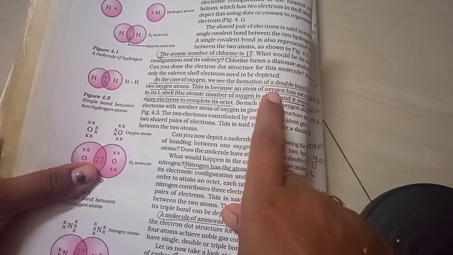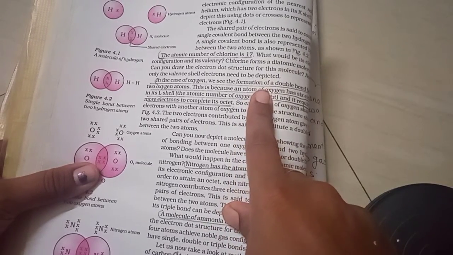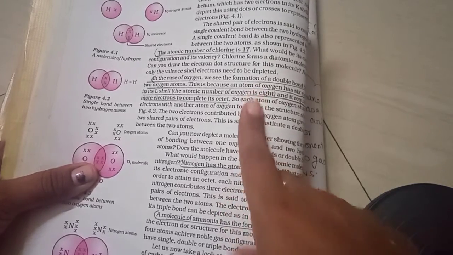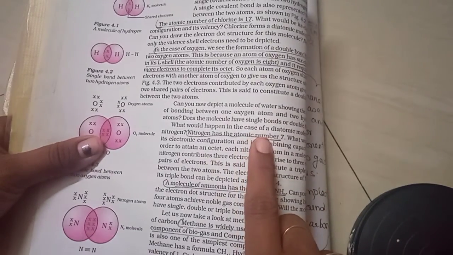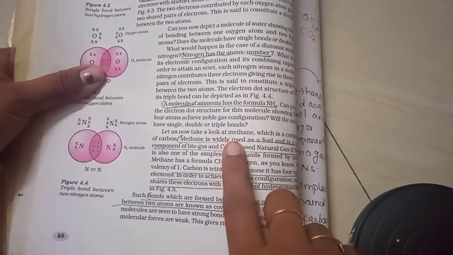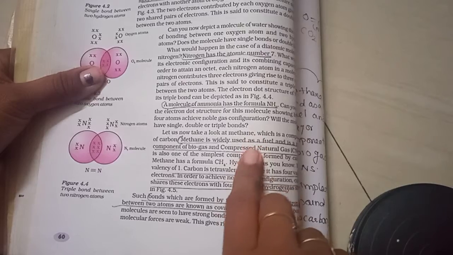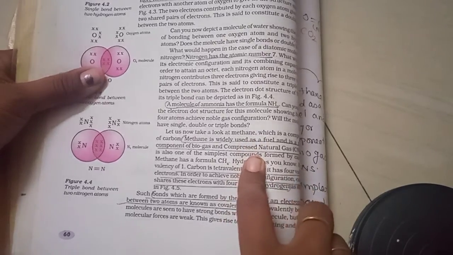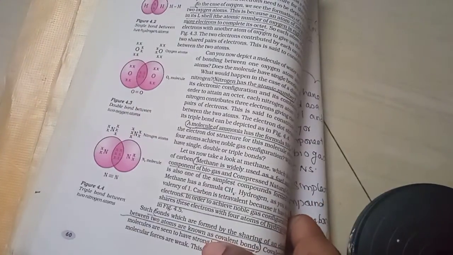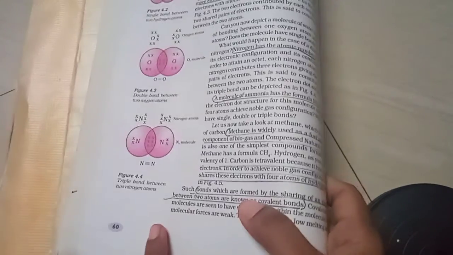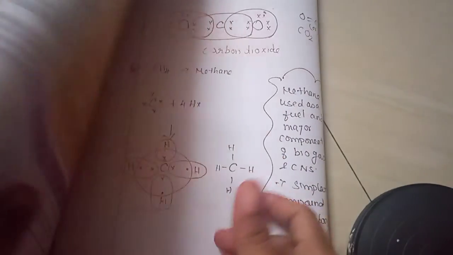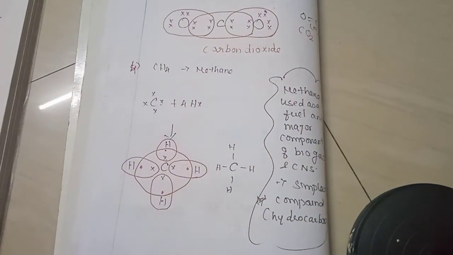Oxygen has atomic number 8, with K shell and L shell, everything I have given in my notes. And nitrogen's atomic number is 7. And the ammonia molecule formation, and methane, which is highly used, all these things we have seen. Next class we will be continuing; we have completed up to page number 60. Next we will continue with the remaining part of the lesson.